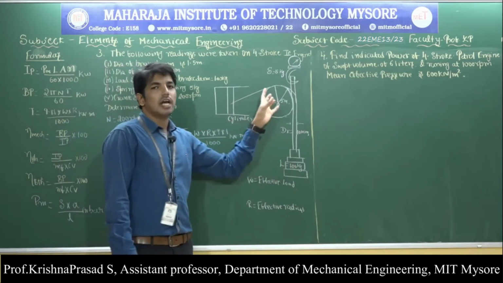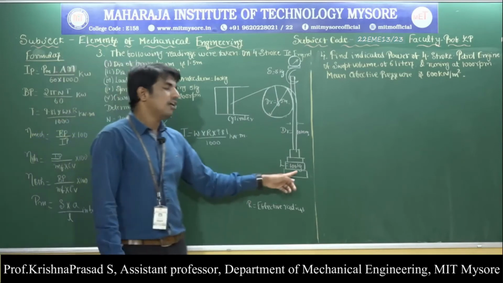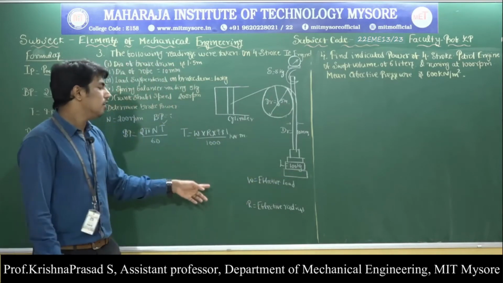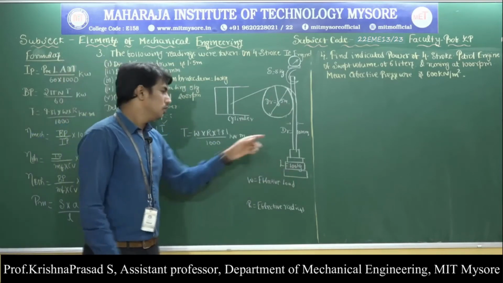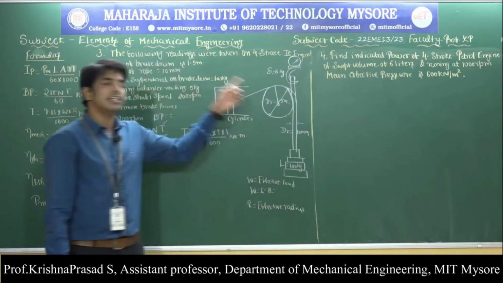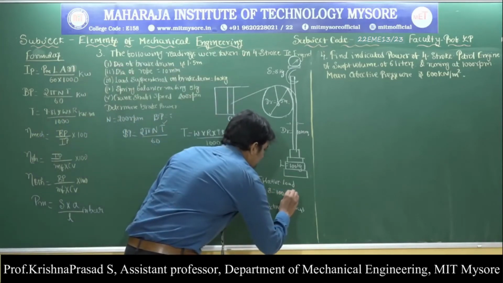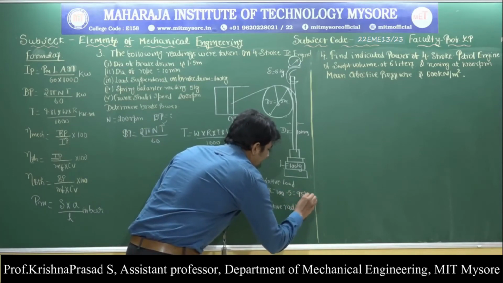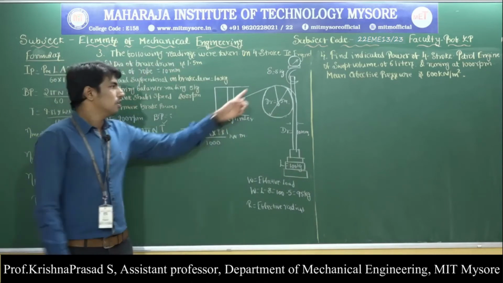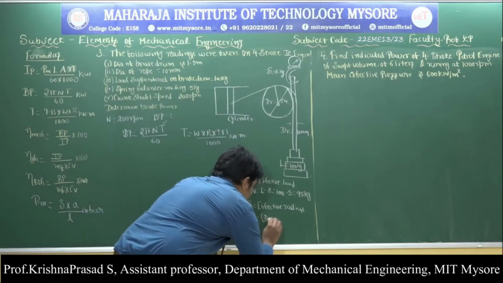At what weight is the brake drum going to stop? That is called the final weight. Here the final weight at which the brake drum is going to stop is 100 kg. But for the effective load I need to calculate W equals L minus S. That means the initial spring balancer reading must be removed. So 100 minus 5 is equal to 95 kg, and here the rope is winding around the brake drum. Therefore the effective radius is equal to